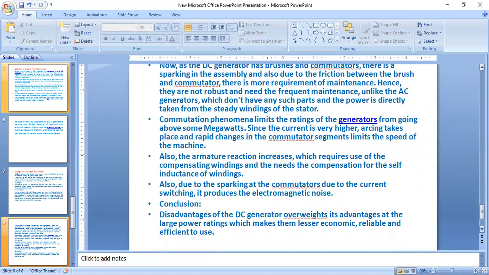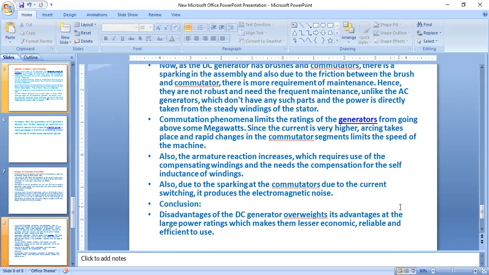Commutation phenomena limit the ratings of the generators from going above some megawatts. Since the current is very high, arcing takes place and rapid changes in the commutator segments limit the speed of the machine. Also, the armature reaction increases, which requires use of the compensating windings and needs compensation for the self-inductance of the windings. Also, due to the sparking at the commutators, due to the current swinging, it produces